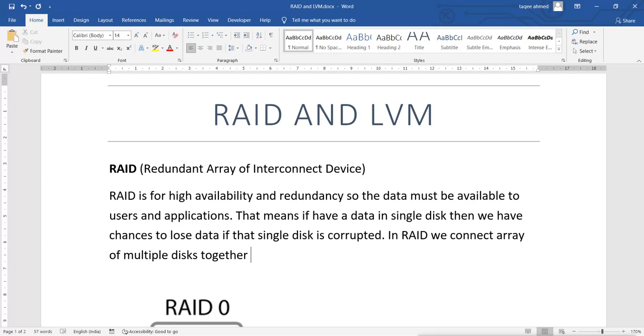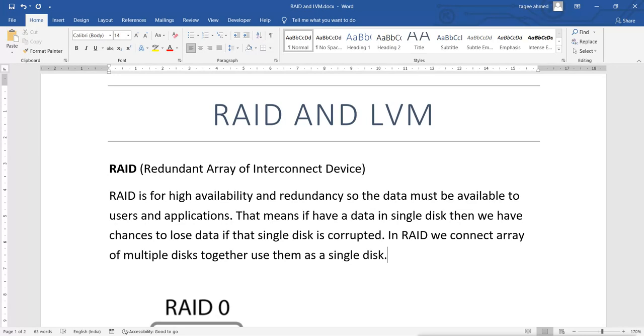We connect multiple disks together and use them as a single disk. Now what happens? If one disk goes down, we don't lose the data because we get the data from the other disks of the array. So RAID helps us make sure that the data will always be available to the user and the application.